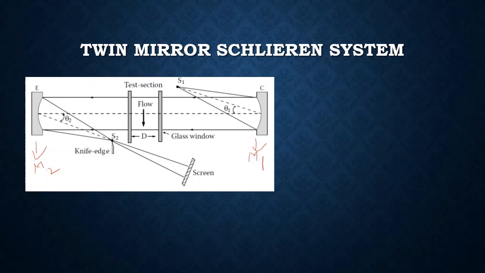So we are passing a source of light, this monochromatic light, through a parabolic mirror, and this parabolic mirror is shone into the intersection, and it's getting reflected and transmitted. The light is getting transmitted into the intersection, and the same is getting reflected with the help of the second parabolic mirror, and then you are collecting this particular light with the help of a knife edge, and then you are getting it onto the screen, right? So this is the twin mirror Schlieren system used in our university.